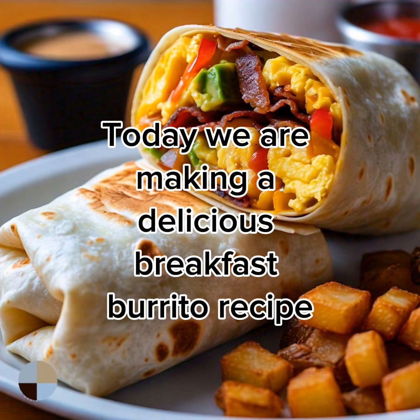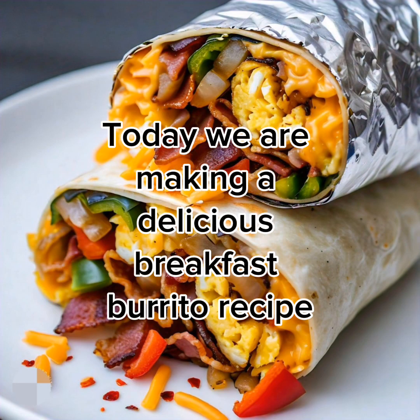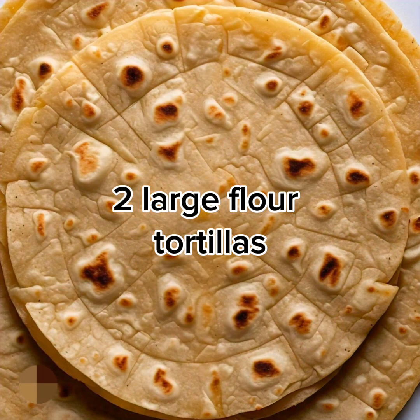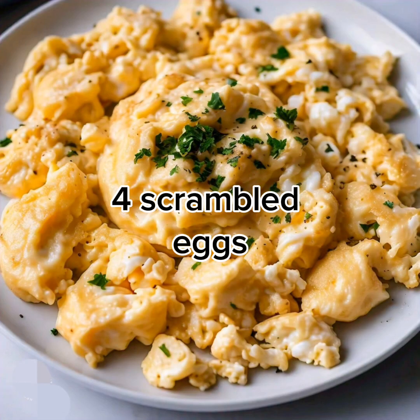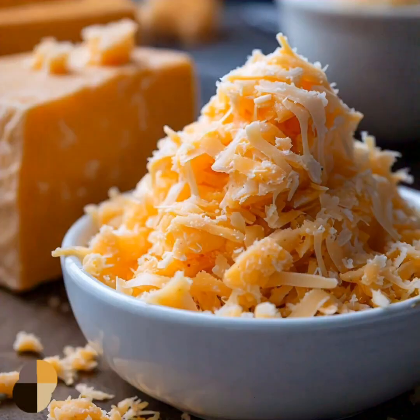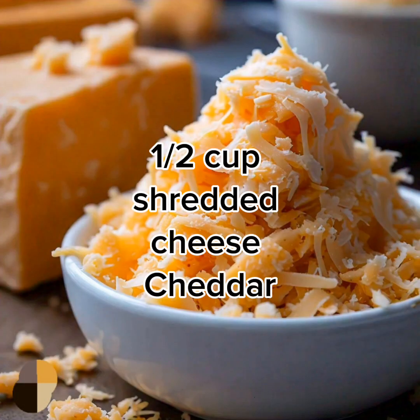Today we are making a delicious breakfast burrito recipe. Ingredients: 2 large flour tortillas, 4 scrambled eggs, half a cup cooked breakfast sausage, half a cup shredded cheddar cheese,